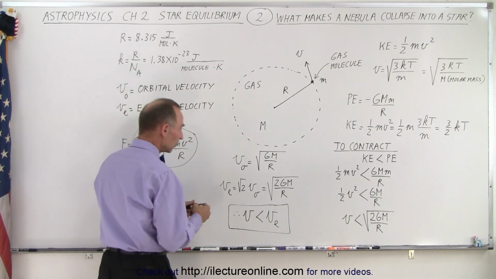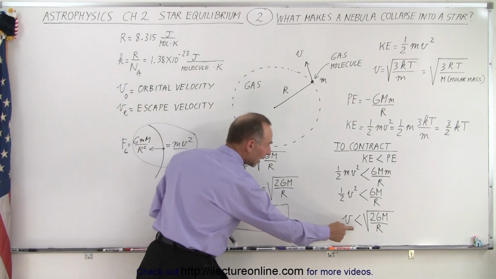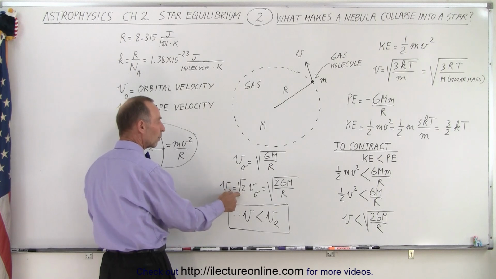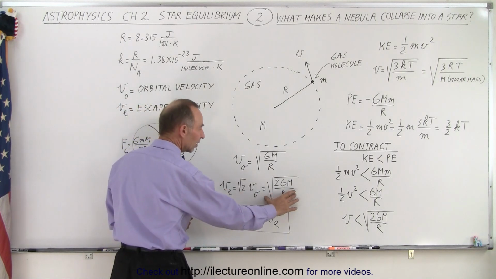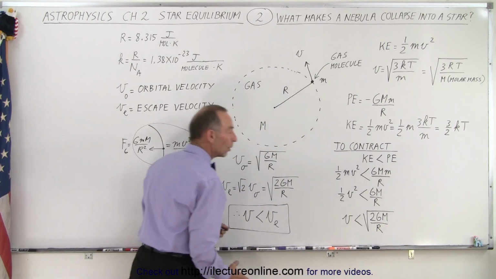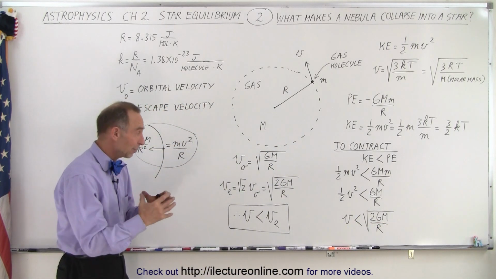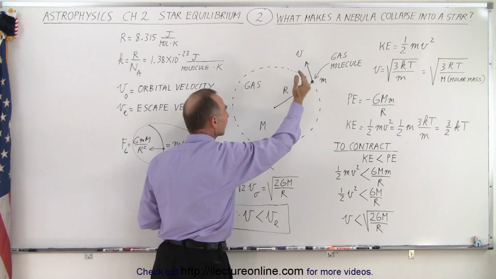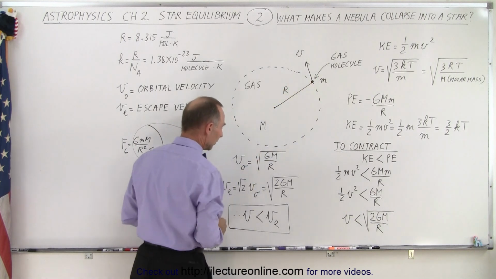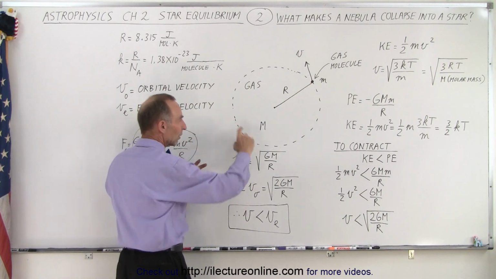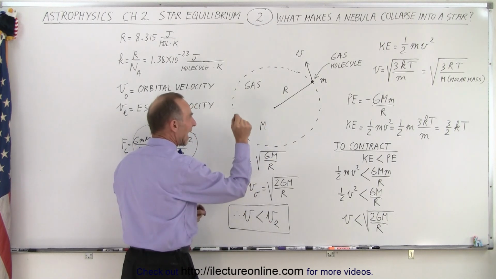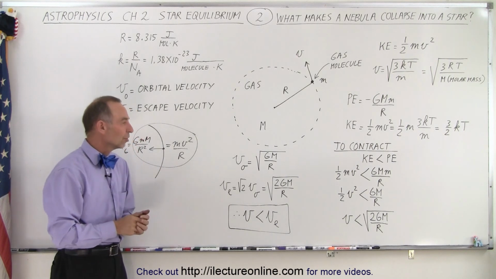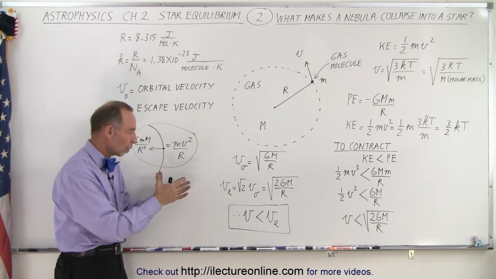All right, now we see that the orbital velocity is a little bit less than this equation right there. But then we realize that the escape velocity is equal to the square root of 2 times the orbital velocity, which is exactly what we had there. In other words, for a cloud to collapse, what we want is the molecules on the edge to have less than the escape velocity so that they will be pulled in. So essentially, you want the velocity of the molecules, wherever they are, to be less than the escape velocity at that particular position. And that's the basic condition that you must have in order for the collapse